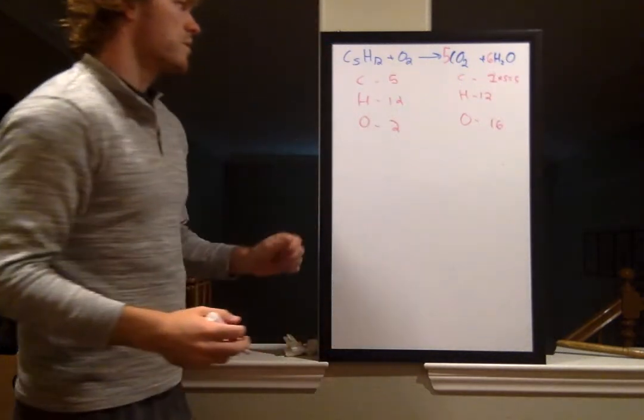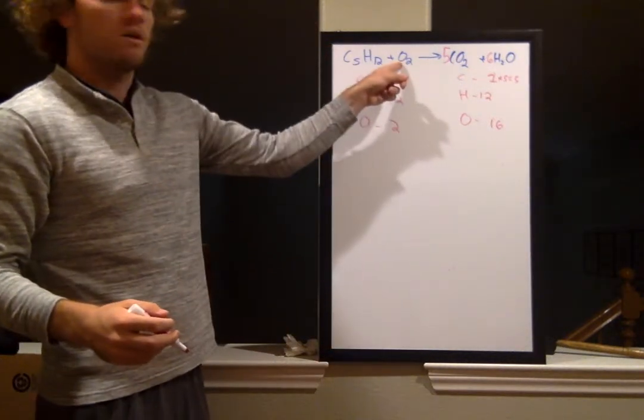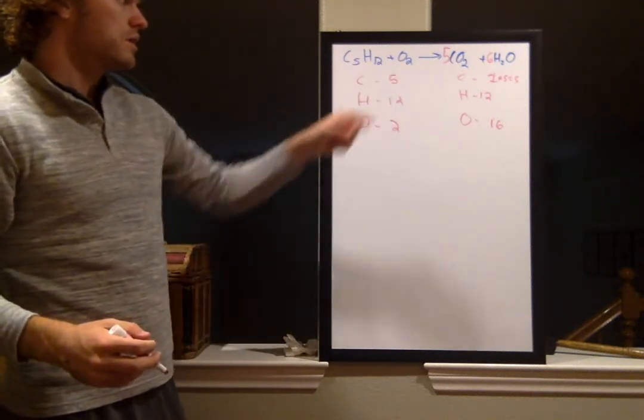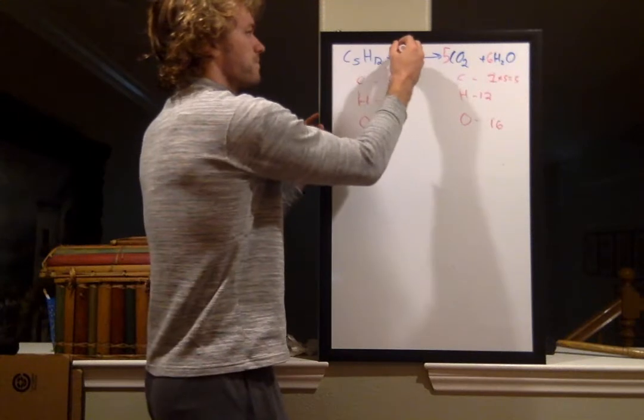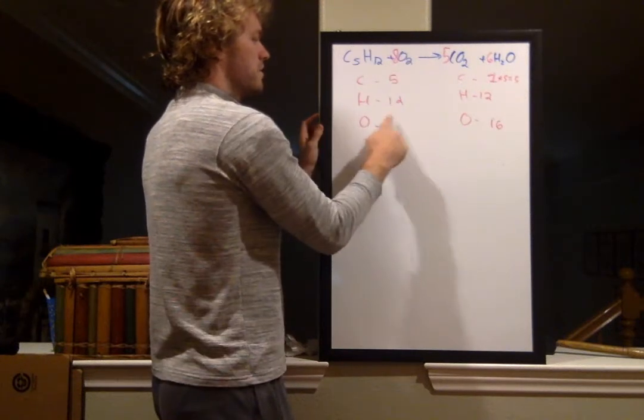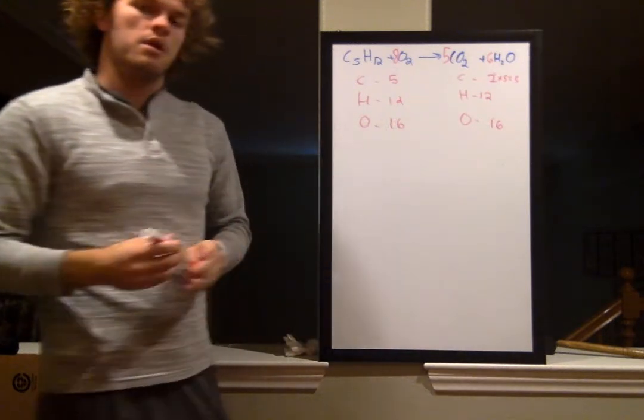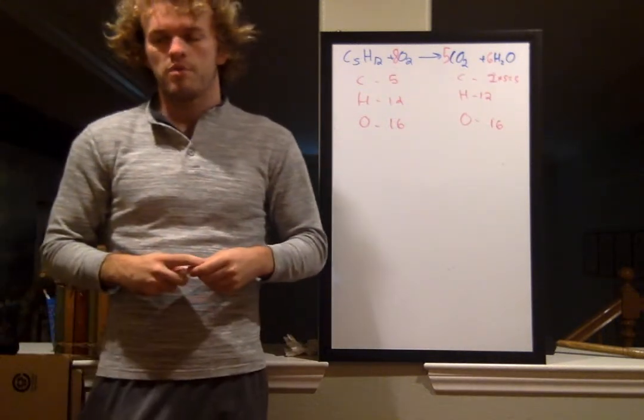The last thing we want to do is add an 8 on the left side, so that we can get our oxygens to equal 16. So make that 16. Now everything's balanced, and what we have to do now is solve the problem, which is